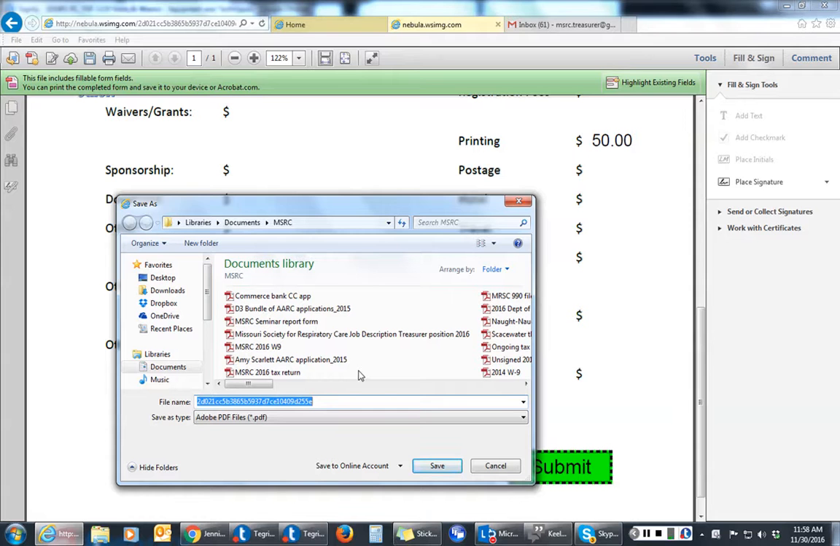My preference is that you would include the district or the state. So for example, 2016 state meeting seminar report. Save it and then send it to msrc.treasurer@gmail.com. It's wise to wait until a week or so after your conference is done, maybe even a little bit longer,